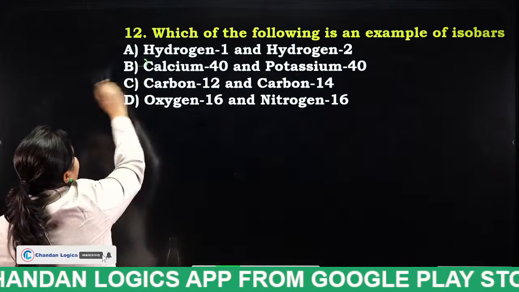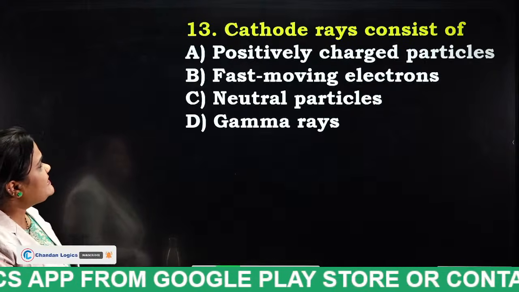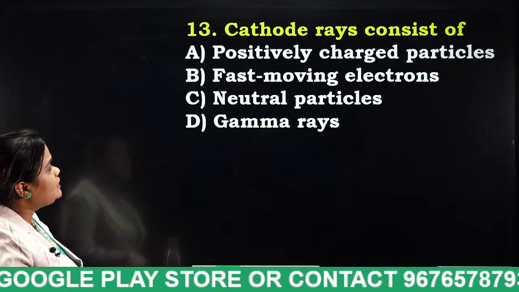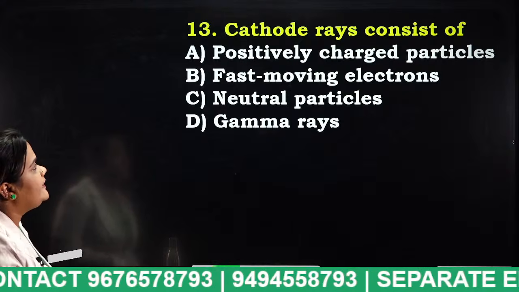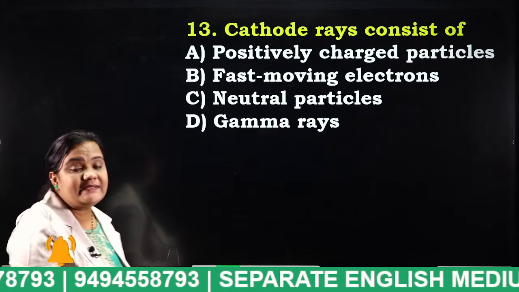Option B. The cathode rays consist of positively charged particles, fast moving electrons, neutral particles, or gamma rays. Tell me students, cathode rays consist of